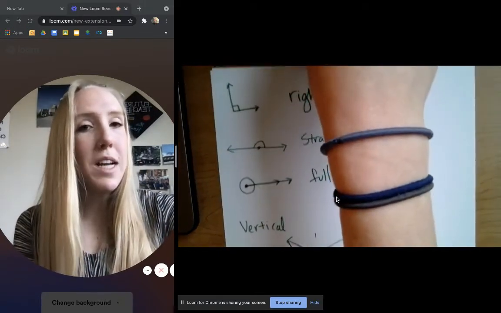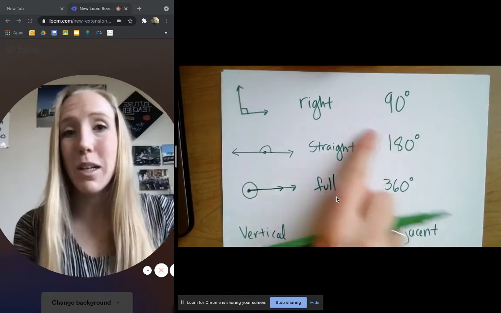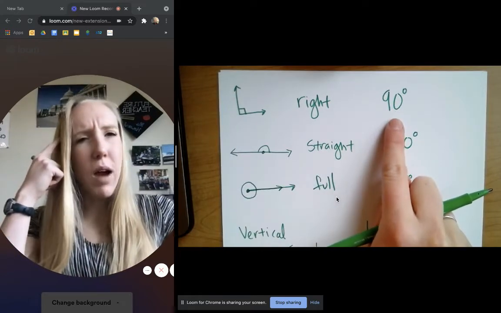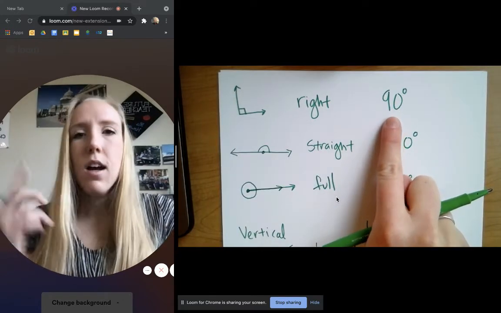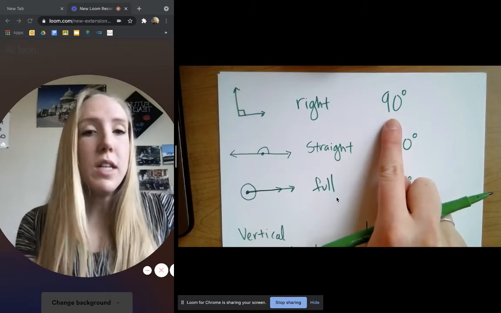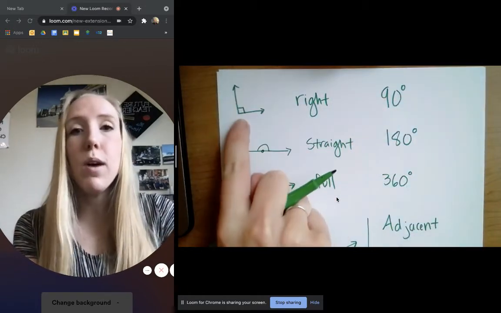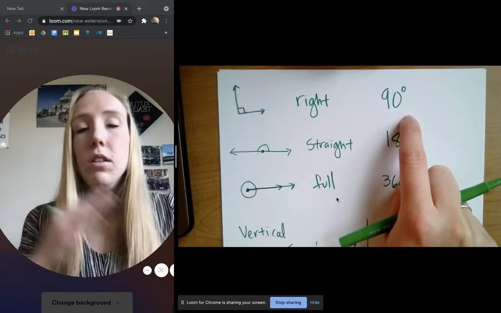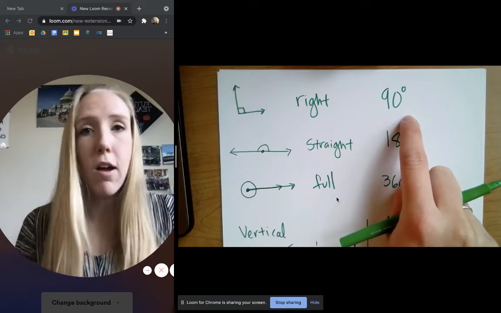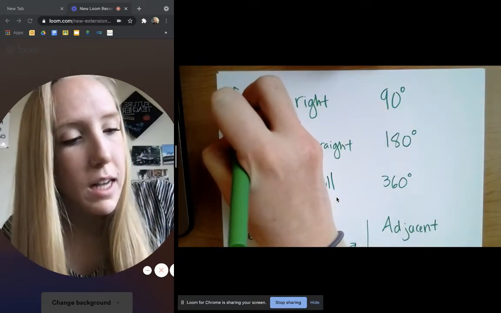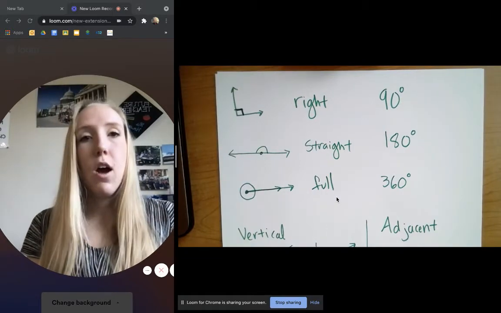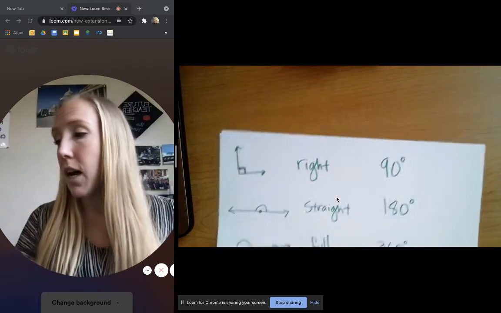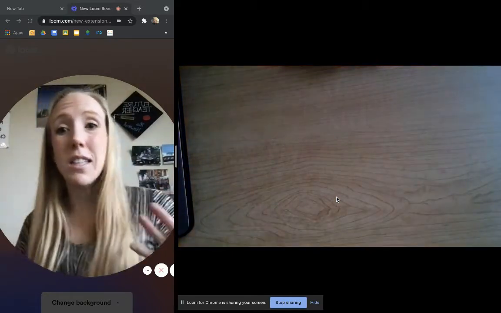Today, we are actually going to need to know about right angles. We're going to need to know about this type of angle, right angles. And think, how many degrees is a right angle? Oh, right, it's 90 degrees. So what we are learning that's new today really depends on you knowing that a right angle is 90 degrees. Okay, so have that in your brain. Right angle, 90 degrees. 90 degrees, right angle. You can also tell that it's a right angle because it has this little box right there. Okay, so have the number 90 in your brain today